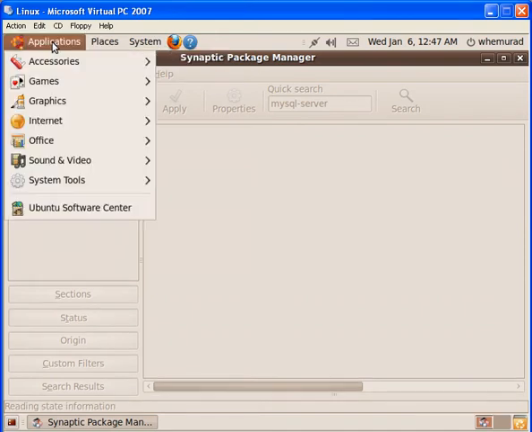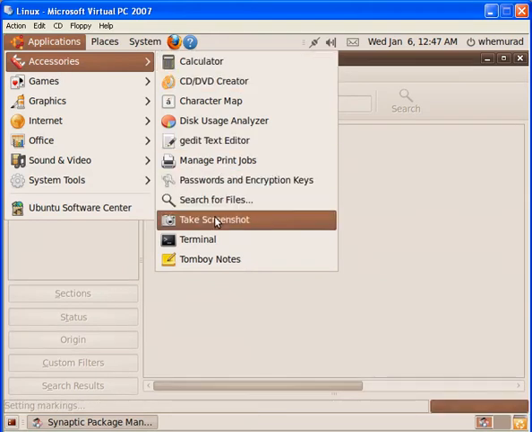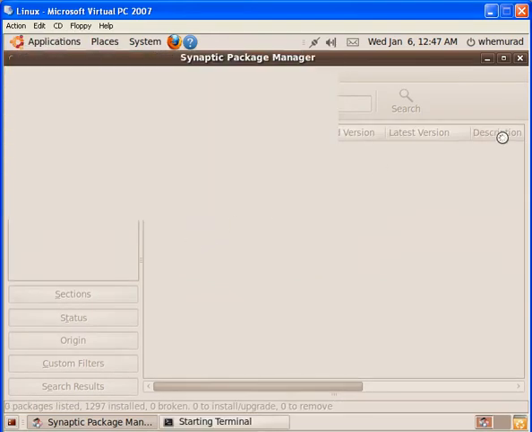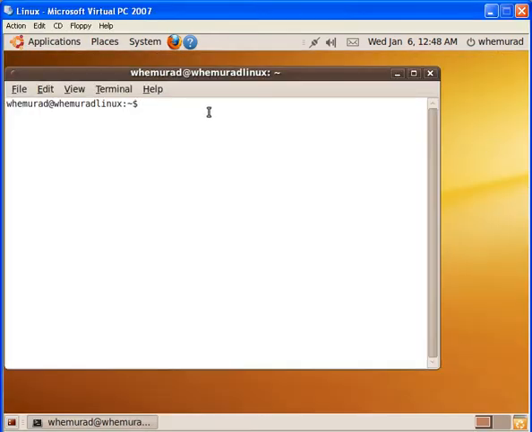We can do so by clicking on Applications, Accessories, and then Terminal. Now let's run some commands. So the first one will be to give permissions for XMAS to access external files. We'll do so by using sudo chmod